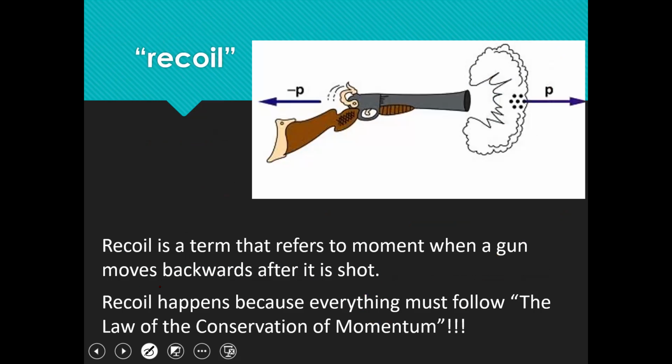Look at this example here. Here now, you have a gun. Now, recoil is a term that refers to a moment when a gun moves backward after a shot. Now, all of us know that this is a gun, and inside a gun we have a shot, let's say, okay? Now, before recoil, here you have